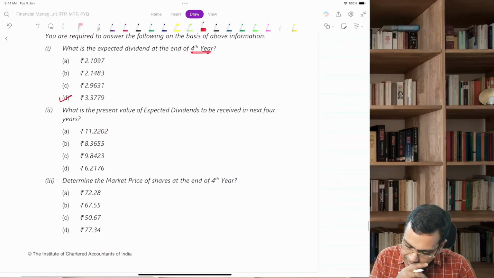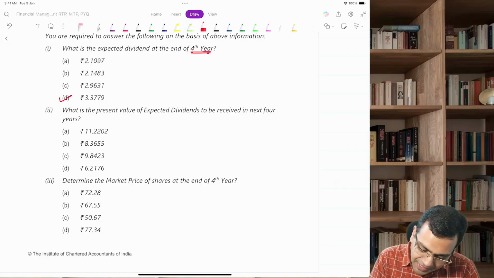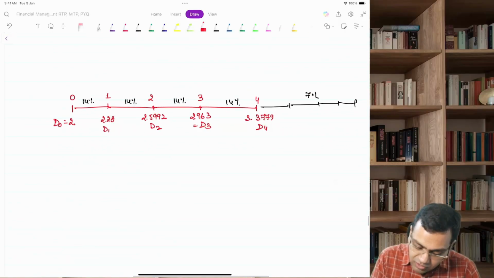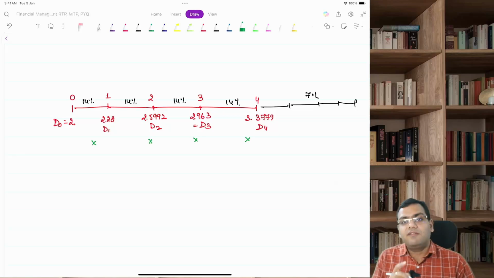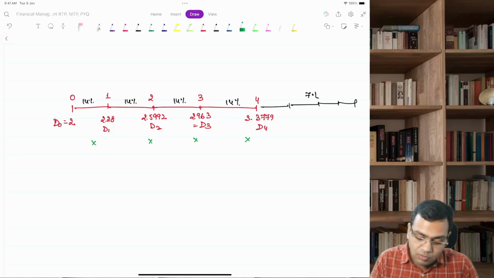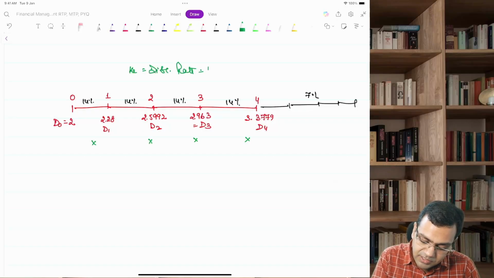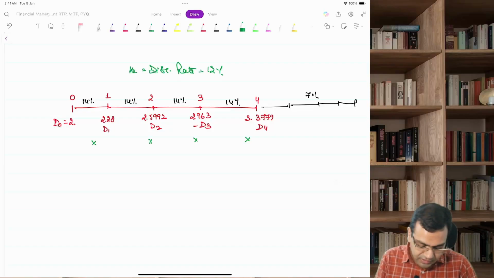Done with this. Second part, what is the present value of the expected dividends to be received in the next 4 years? What they are saying is, what is the present value of these dividends? And what will be the discounting rate here now? The discounting rate will be your KE. KE will be your discounting rate. That is 12%. So what will be the present value factors? 1 divided by 1.12,